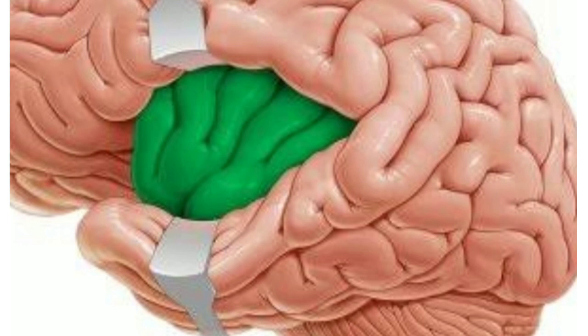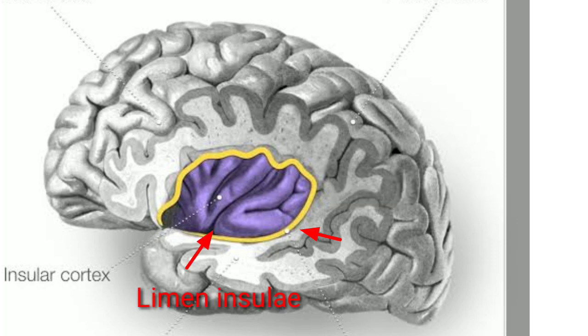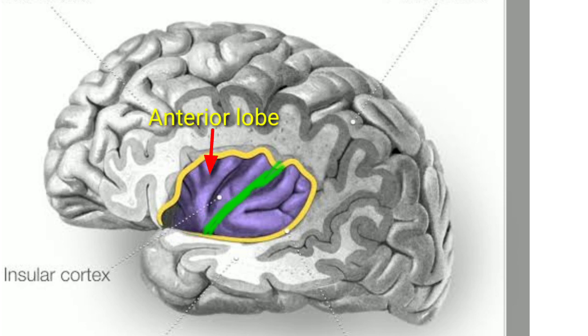It is triangular in shape and surrounded all around by a sulcus called circular sulcus, except antero-inferiorly at its apex called limen insulae. It continues with the anterior perforated substance. The insula is divided into 2 regions, anterior and posterior, by a central sulcus. The anterior region presents 3 or 4 short gyri called gyri brevia, and posterior region presents 1 or 2 long gyri called gyri longa.